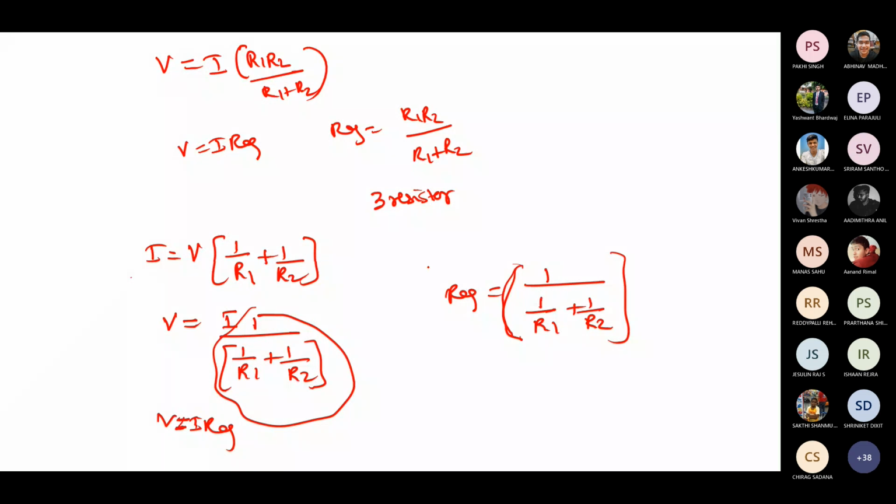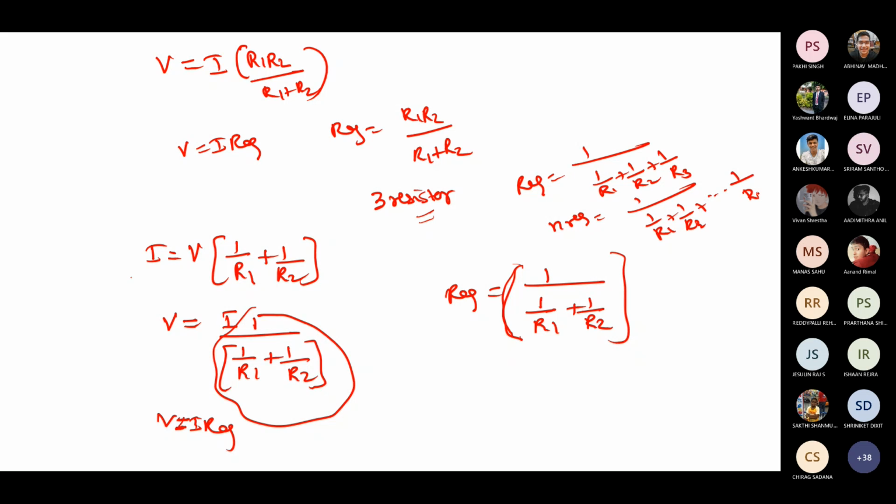So now again going back to my question, if I have three resistors in parallel, then what will be my R equivalent? 1 divided by 1 by R1 plus 1 by R2 plus 1 by R3. Okay. If n resistors are there in parallel, then it will be 1 divided by 1 by R1 plus 1 by R2 plus 1 by R3, like that goes up to 1 by Rn. Is it clear, students? This is very, very important, because people make mistake at this point. If 3 or 4 resistors are in parallel, they immediately take R1 R2 R3 R4 divided by R1 plus. No, that is wrong.